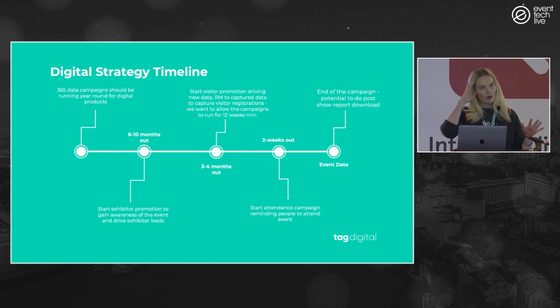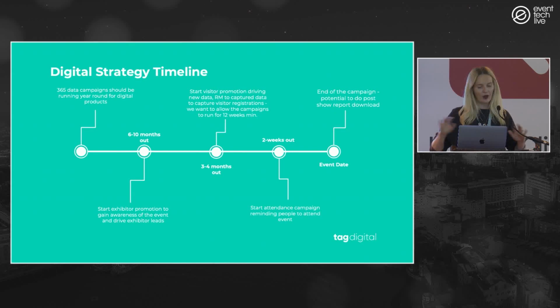I think one of the big things that's changed is, for years we've spoken with clients about, we need to be 365, we need to be community building, we need to be building great content, and it's all happened, but it's not been a mega priority. The events have happened, and all the energy and resource goes into that. And I think what's changing post-pandemic is everyone is doing 365. Data's more valuable than water. That's what we want to be building all of the time. So we're building products, we're building communities, and we're constantly doing content to make sure that that works.